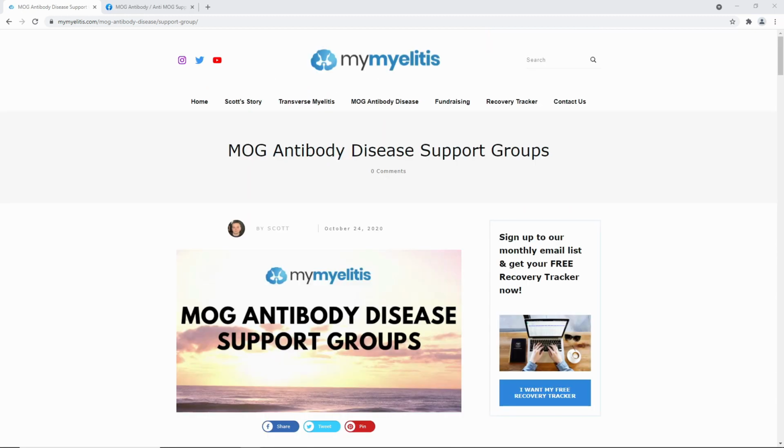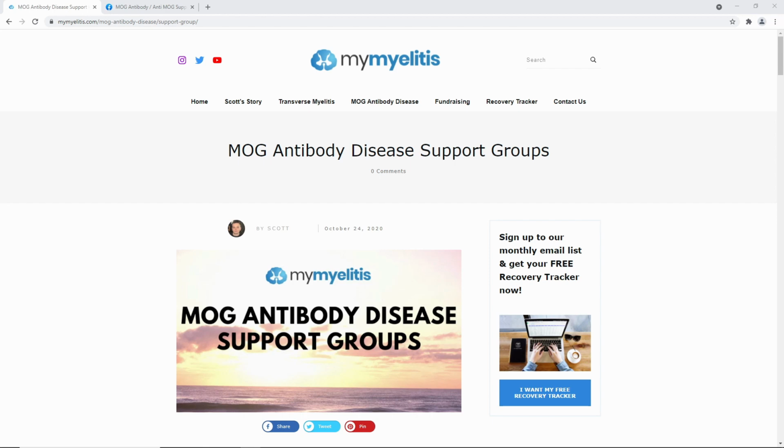So firstly, we're going to be starting off with the big support groups. These are the biggest support groups which involve MOG antibody disease, and expect to find lots of different posts and resources on there. Now these groups are rather active and they can be a bit overwhelming at times, with some people talking about their experiences. You'll have others talking about research, and there's often a lot going on, and maybe you're only interested in a few of these topics which are being discussed. So these groups can be a bit overwhelming at times, and they also may not necessarily be the best place to look for specific recommendations, especially if you're outside the US.